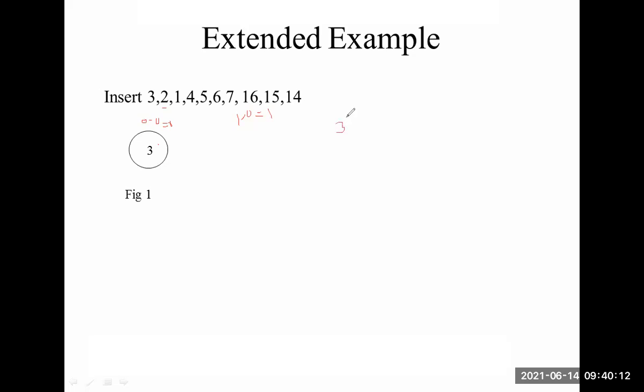After 3, we insert 2 left side, and then check the balancing. Okay, AVL tree. Then insert 1 right side. This is also an AVL tree because 1 minus 1 is 0. Then we are going to insert 4 at where? At left side. Already told you, right, left right direction. We have to store the elements in the binary tree. So then check the balancing factor, 2 minus 1, that equals 1. So it's an AVL tree, no problem.